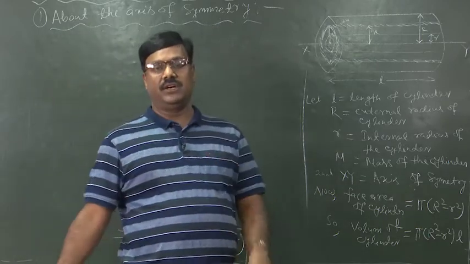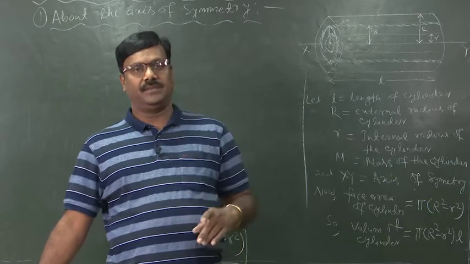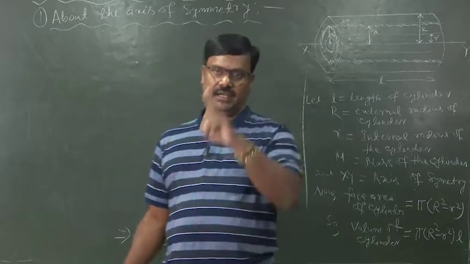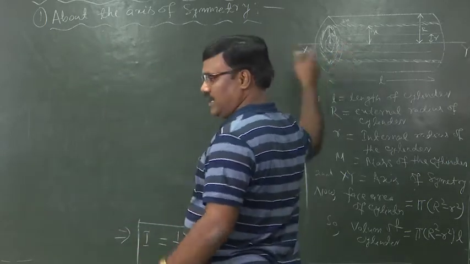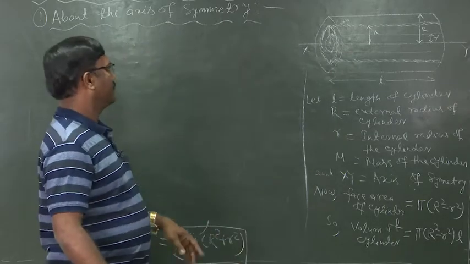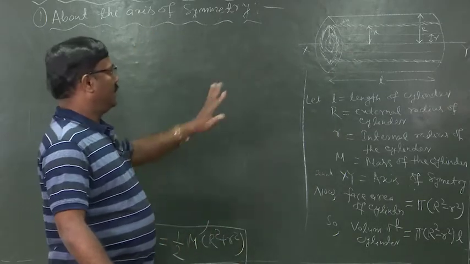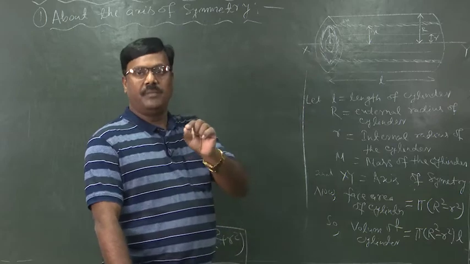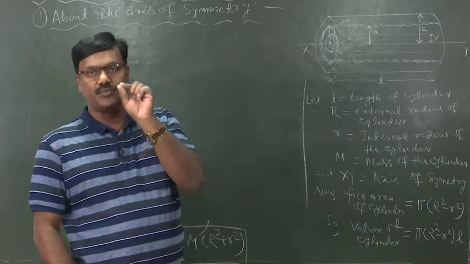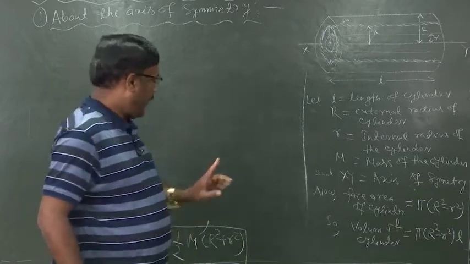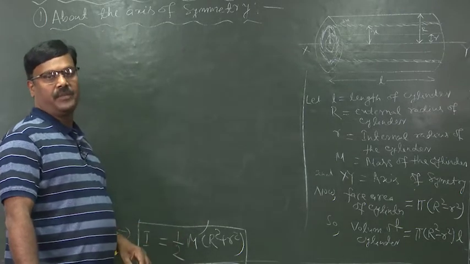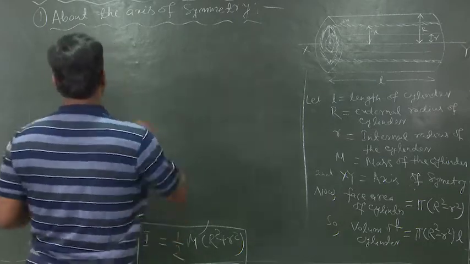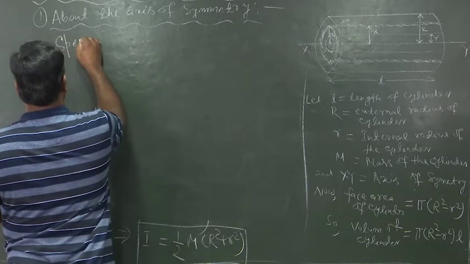Let us consider the case of a solid cylinder. So, if we are asked to find out the moment of inertia of a solid cylinder about the axis of symmetry xy, then what we have to do? In this case, there will be no internal radius of the solid cylinder. So, by putting the value of internal radius small r to be 0 in the expression for the moment of inertia of a hollow cylinder, we can find the moment of inertia of a solid cylinder. So, let us discuss a special case for solid cylinder.